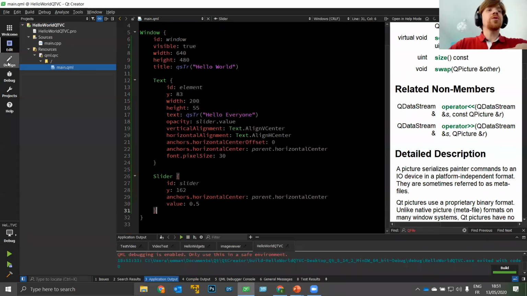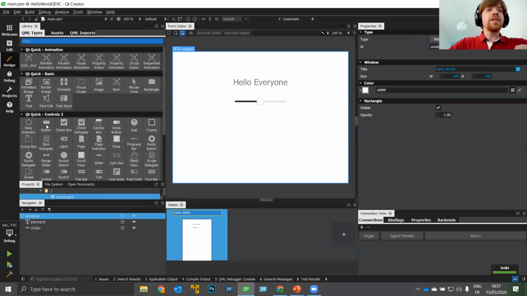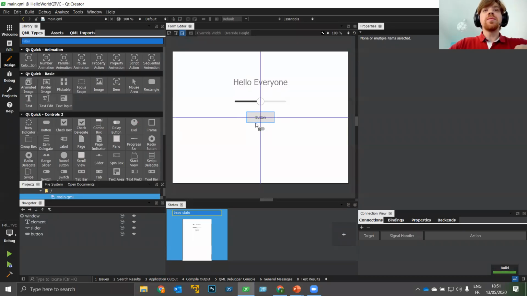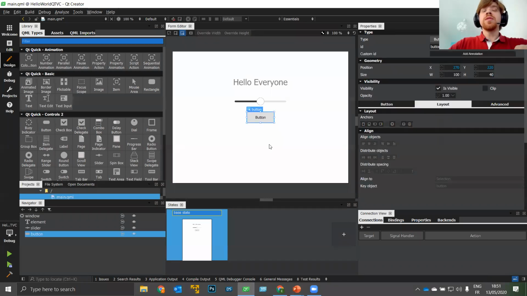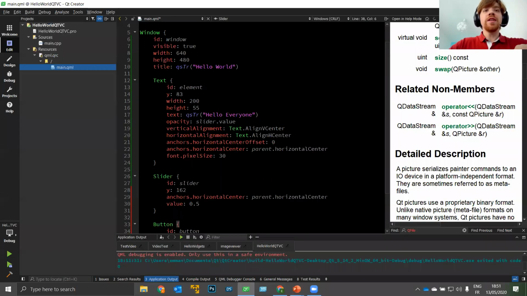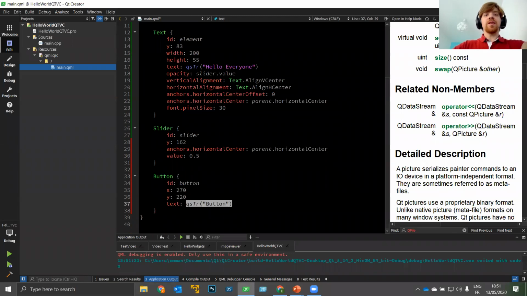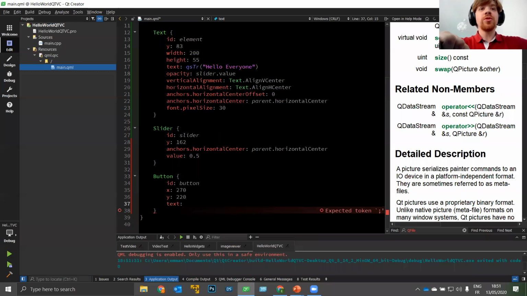Now let's try to put a button. So we will do some design here. We will add a button in the middle. And what can we do with this button? We can, for example, go on edit and say, okay, do a text. And what I can do is, for example, change my text here. So my text's ID is elements. So I can focus on elements.text